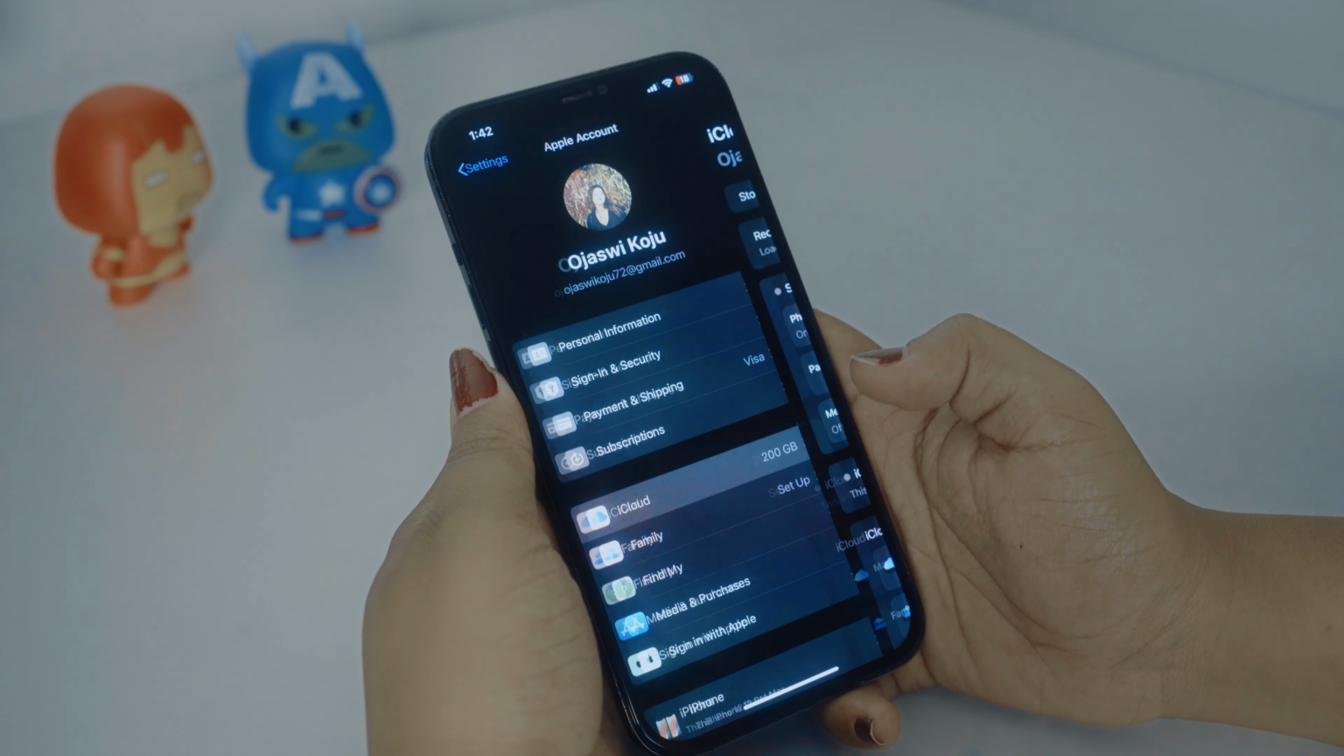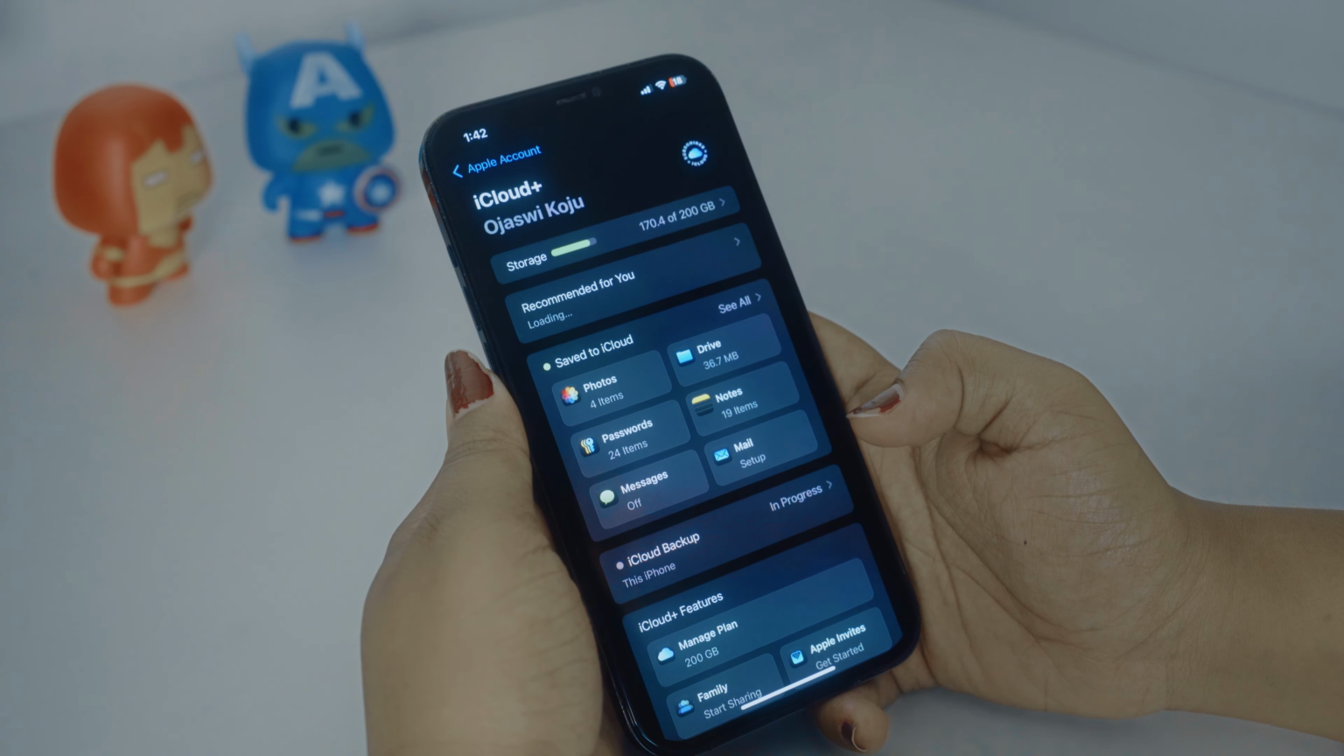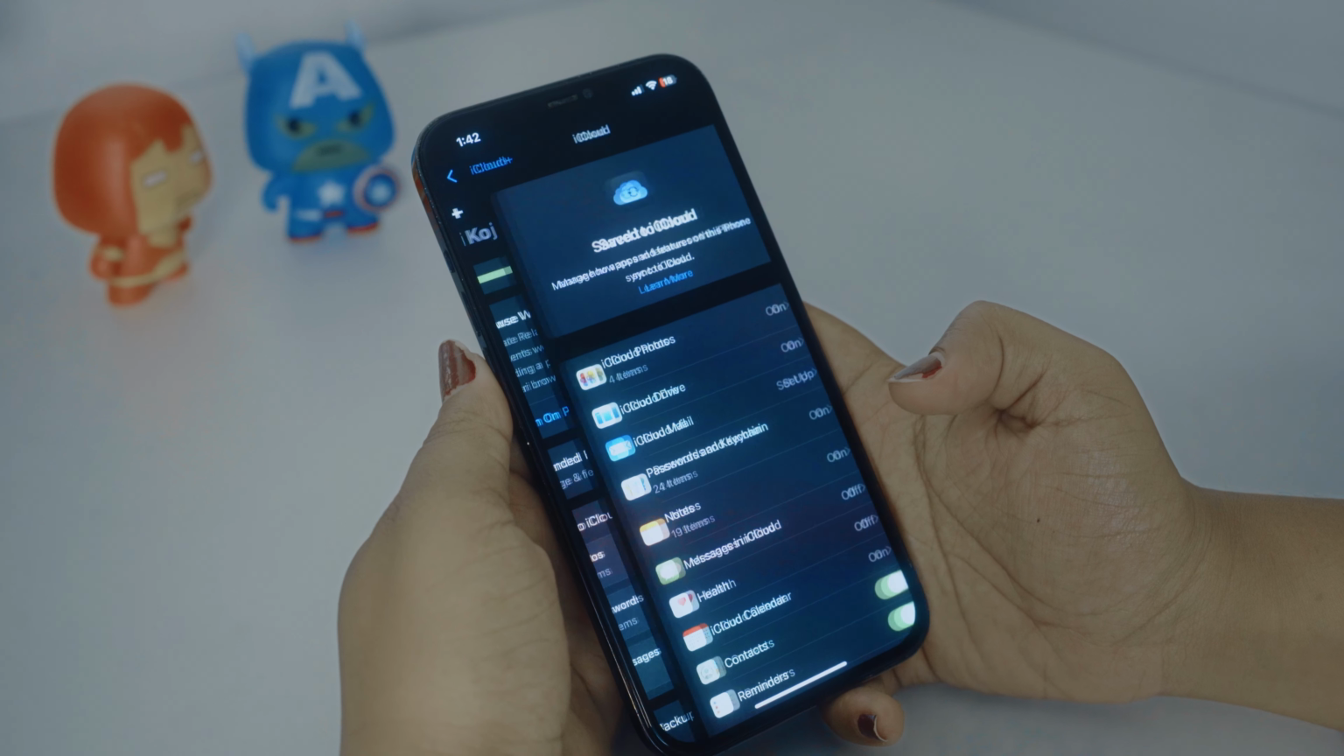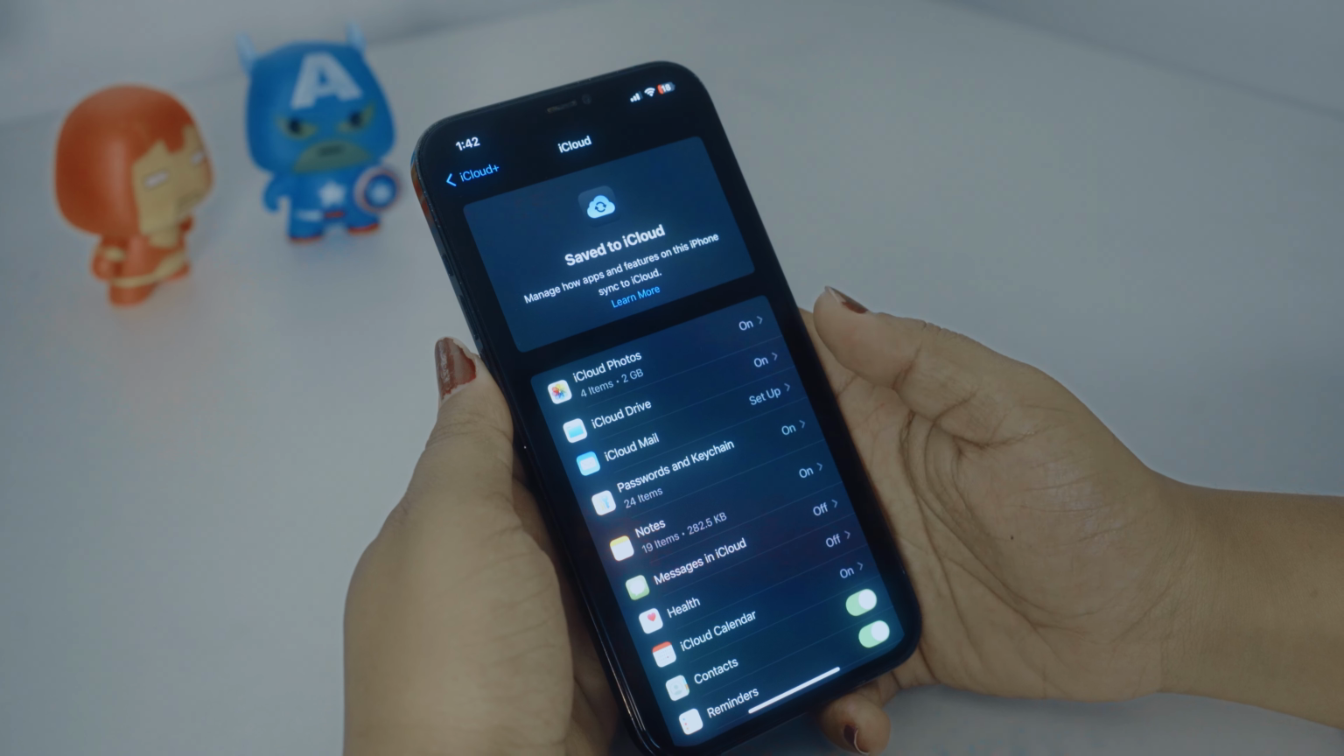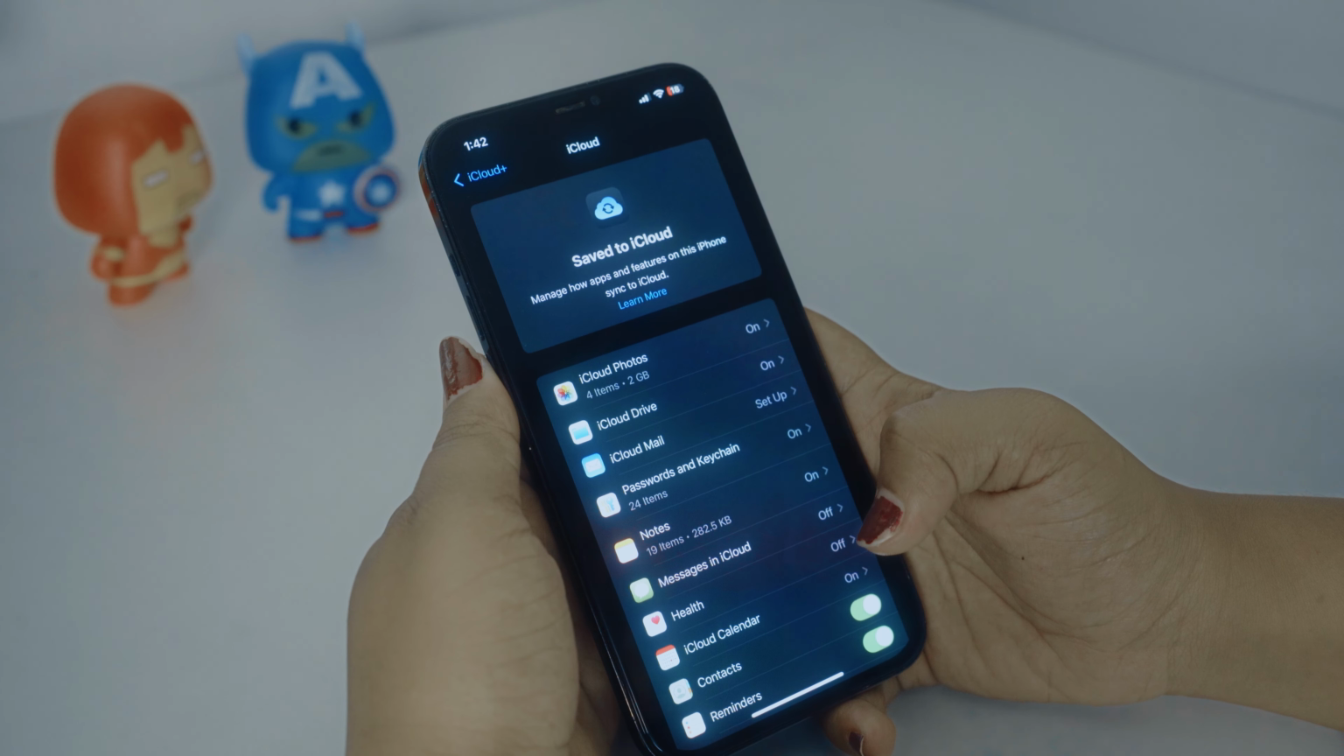Tap on it. And after doing so, here you can see there is the option of save to iCloud, and there is the option of see all right here. Tap on it. And after tapping on it, here you can see these are the applications that iCloud is saved to,